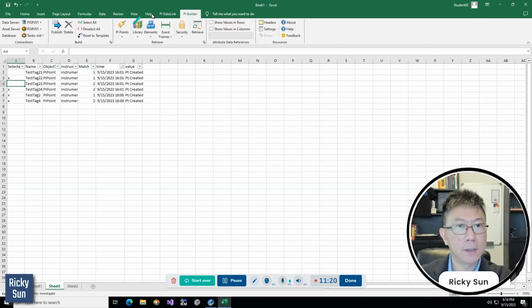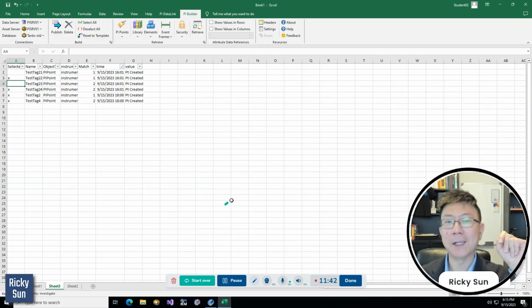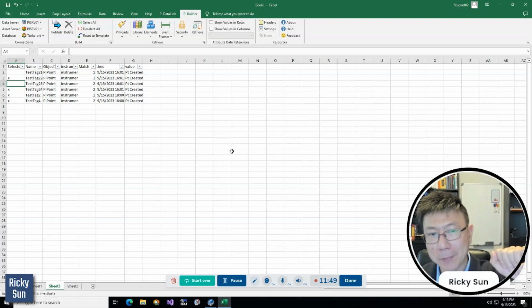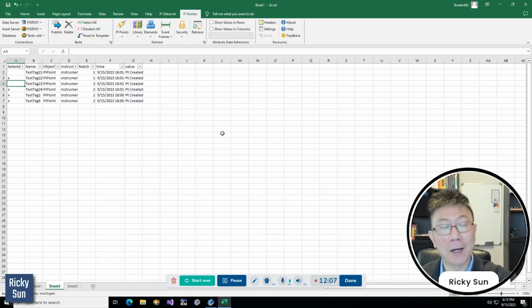And then what I like to do is PI Builder delete, but the delete function actually won't appear if you don't check this box. So make sure you check this box. I just wanted to show you. This box is not automatically enabled because it's pretty dangerous to delete tags, and it's pretty hard to get the data back. I could create a video on how to get the data back, but it's a pretty complicated process, and you will need to spend some time retrieving the data. So don't easily delete the data, otherwise it will waste so much of your time just to get it back. That's something you don't need to do, because if you did it, then you have so much work after.